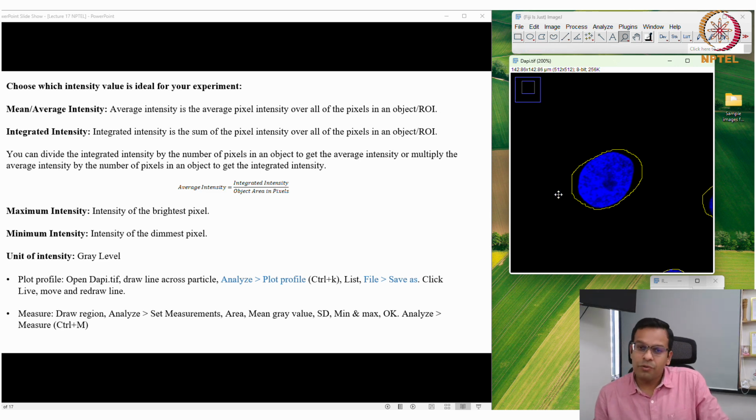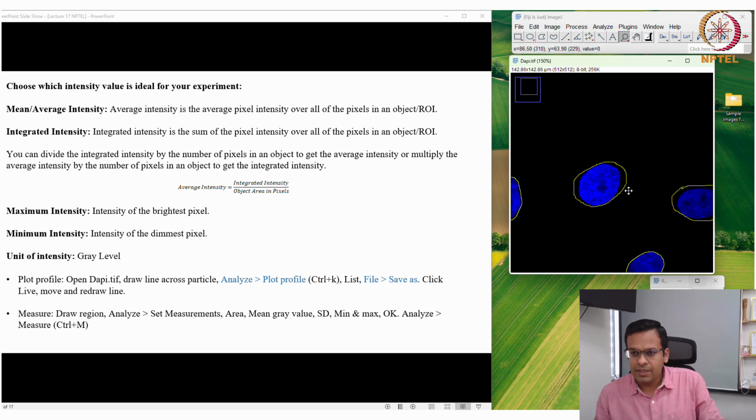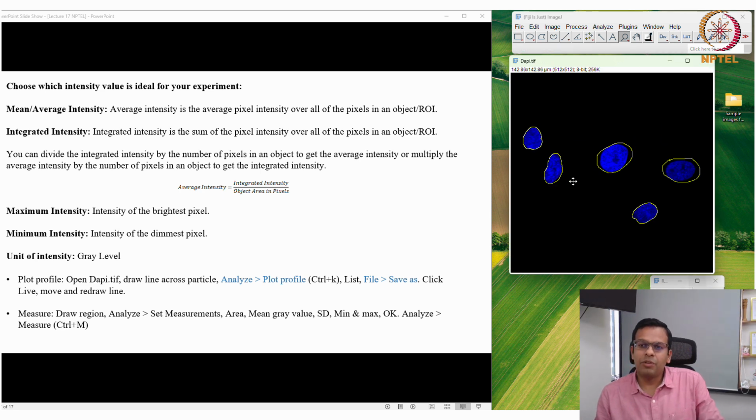Whereas if you go for the integrated intensity, it will sum up the intensity of all the pixels, including the dark pixels, but as said, the dark pixels are not giving any fluorescence, so they will not change the overall number significantly. So for this kind of analysis, where the size and shape of the objects are different, you should always go for integrated intensity.